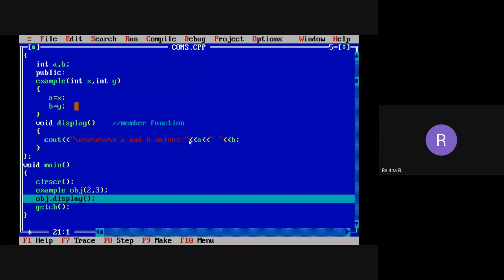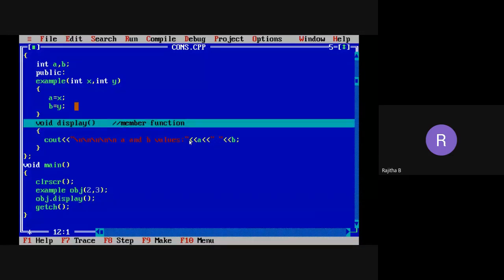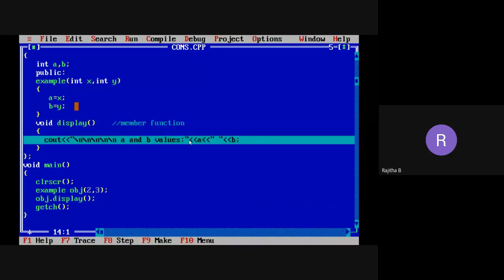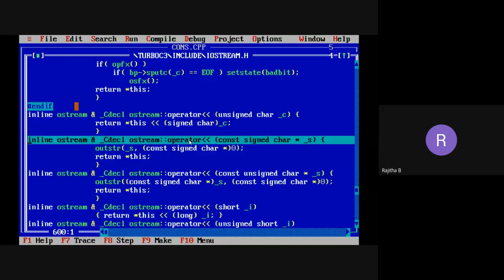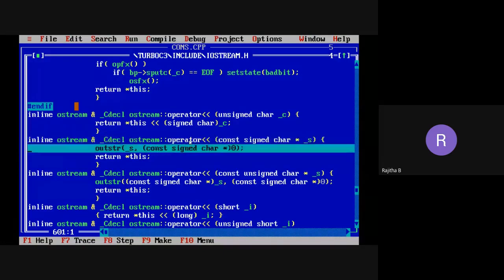After executing the constructor definition, what is the next statement in the main function? I am calling the display function definition with the object, obj dot display function. So it goes to the display function definition and these statements will be executed. It is going to bring the A and B values onto the monitor, and we have built-in functions for the cout statement if you want to print the value.